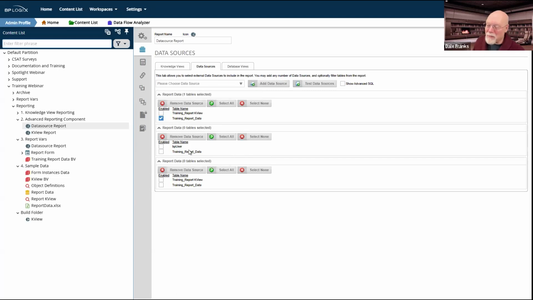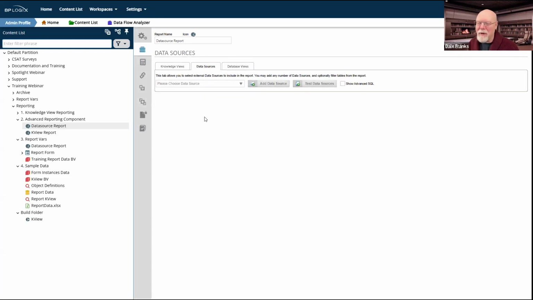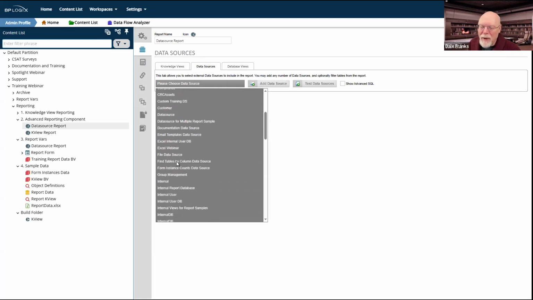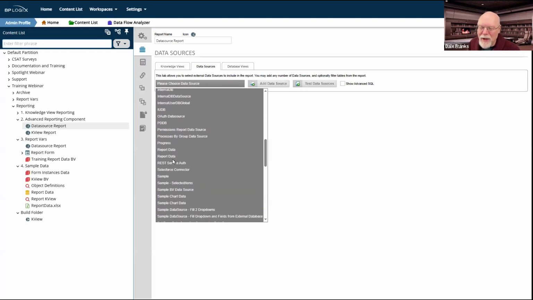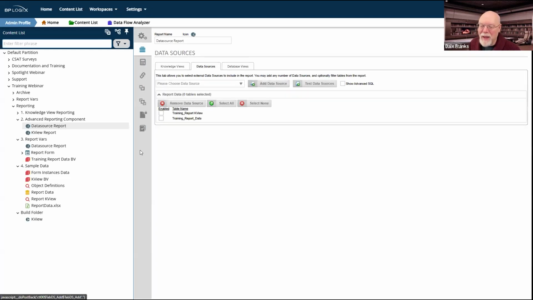Okay, it's the second report data. I have way too many data sources with the same name on this system. I should really go back and fix that because it makes it very difficult for me to figure out what I'm doing. Oh, I blew that up. So let's go back and do it again. At least we know it was report data, and it was the second report data.